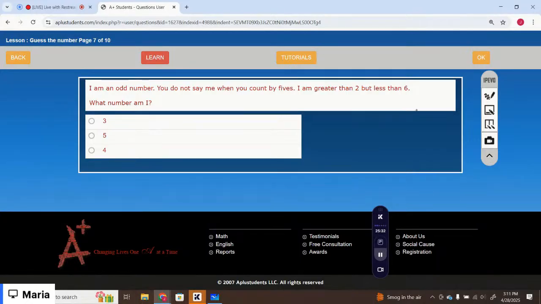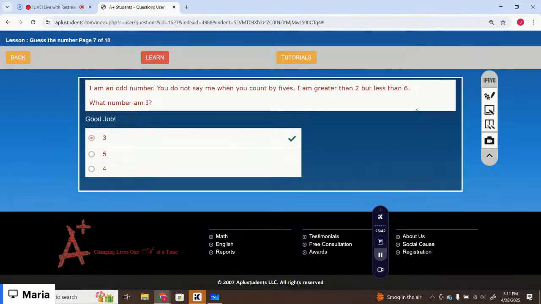Odd number it is. So greater than 2 and less than 6 is 3 because you do not say me when you count by 5. So that is 3. Okay. The next one is